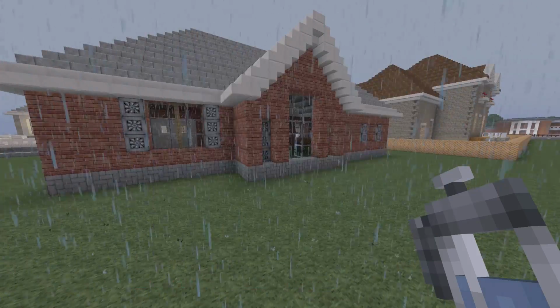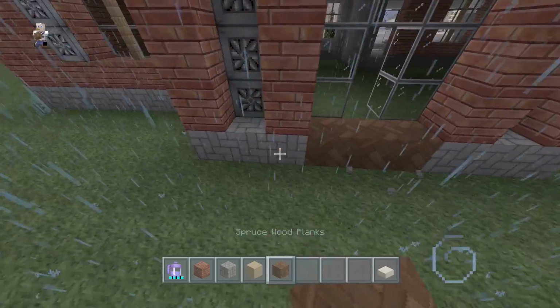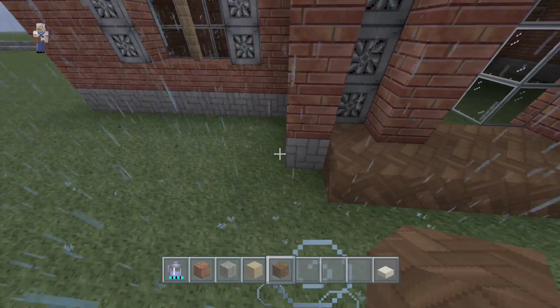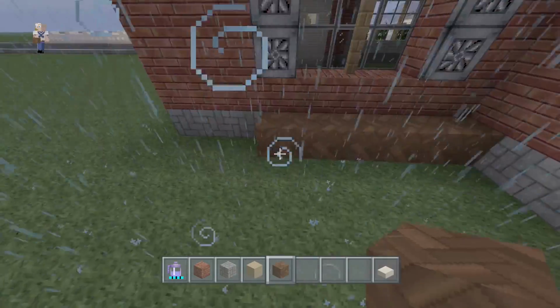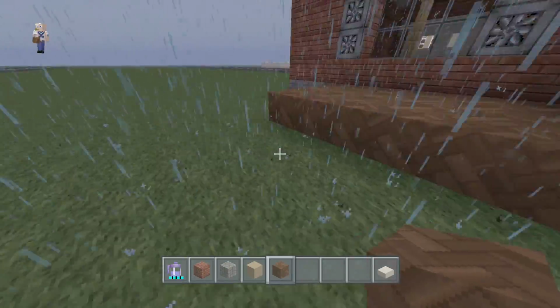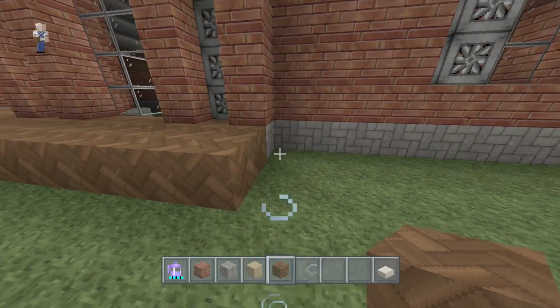So for the deck, we're going to use spruce wood planks. What we're going to do is the deck, all depends on how much room you have. I've said that so many times for decks and stuff like that because it's true. But we're going to have the deck come all the way over to where this trapdoor is on the left side. And I'm just going to fill this out, just make a nice little deck. Because decks are always something that people like to have, for sure.